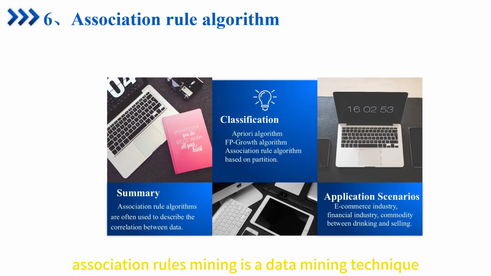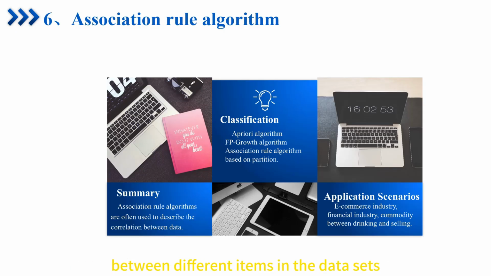Association rules mining is a data mining technique used to identify associations or correlations between different items in a dataset. The algorithm aims to find patterns that occur frequently in a given dataset by exploring all possible combinations of items and identifying those that occur together more often than would be expected by chance. The most popular association rules algorithm is the Apriori algorithm, which generates frequent item sets by iteratively scanning the dataset, and then pruning